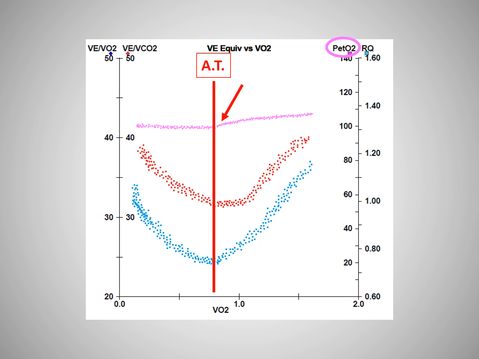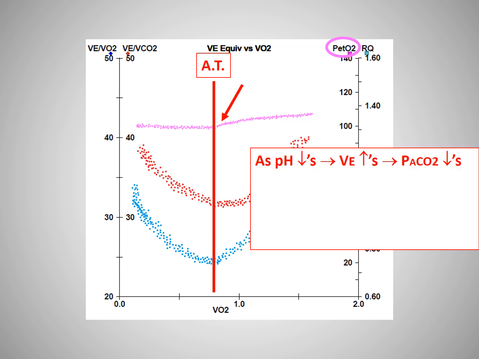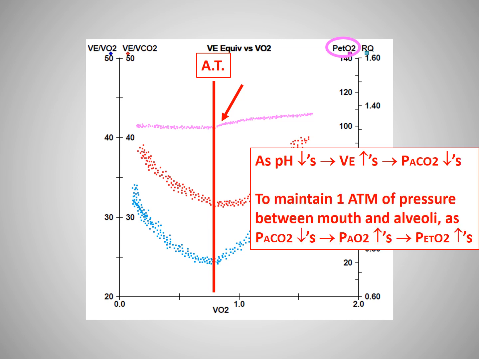As a subject becomes progressively more acidotic above anaerobic threshold, driving up their minute ventilation, or VE, in response to the increasing metabolic acidosis, this causes an alveolar hypocapnia, or falling in the alveolar PCO2. In order to maintain 1 atmosphere pressure in the alveoli, to compensate for the decreasing alveolar PCO2, which can fall into the 20s, the partial pressure of O2 rises in the alveoli, which is reflected by an increase in the